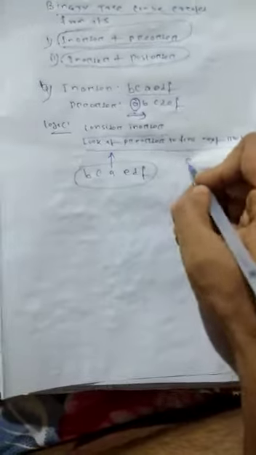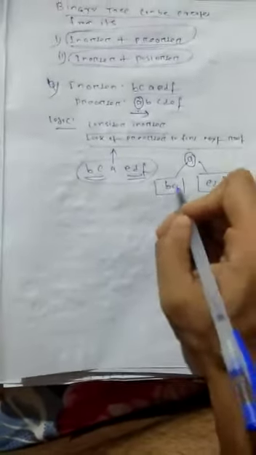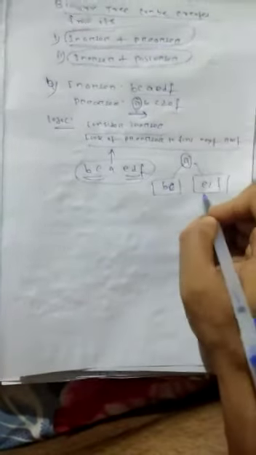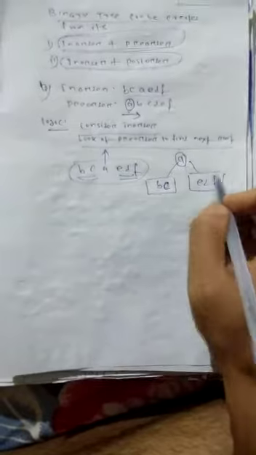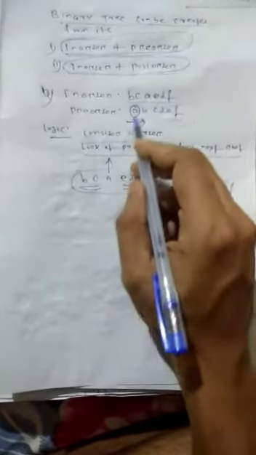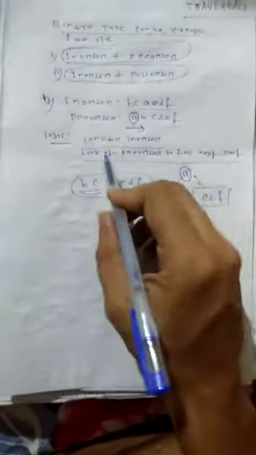Then we find A here, and on the left side are some left children, and on the right side are some right children. These are the left subtree and these are the right subtree. But we don't know which is the parent and which is the child here. Okay, so this is the first step. We pick up one node, and this node goes to the upper level.